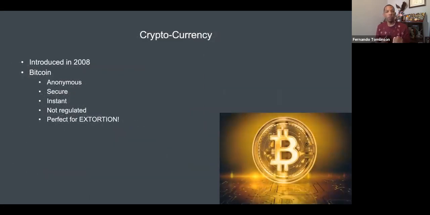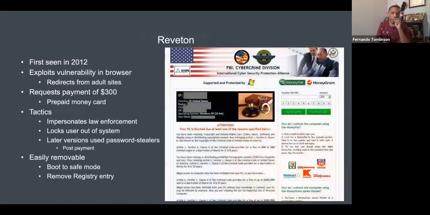And then as we moved on, we had cryptocurrency. And again, we're not talking about everything that ever happened, but just kind of hitting some big gates here. Cryptocurrency kind of came to light around 2008, and that's when we started hearing about Bitcoin, although not everybody fully knew about it then. But as you know now, what's significant about Bitcoin is what? It's anonymous, it's secure, it's not regulated, has all the ingredients for extortion of sorts. So guess what we started to see? We started to see people wanting to leverage that in some respect.